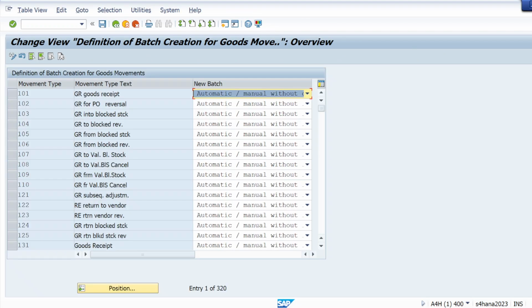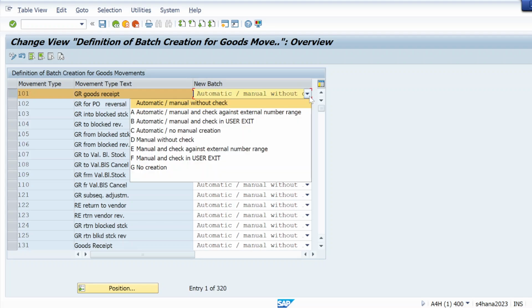Let me go to this option first. You can see 101; we are going to use 101 for GR, goods receipt. Here these options are there: first is automatic manual without check, second is automatic manual, third is automatic user exit, and another is manual without check. We can select the first option.